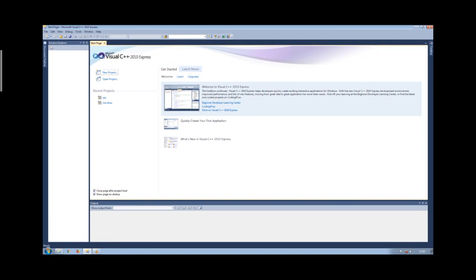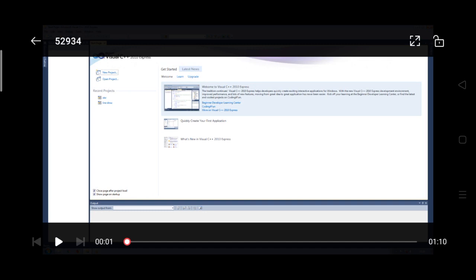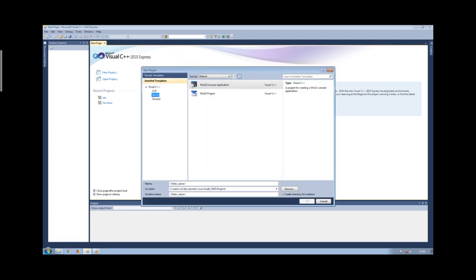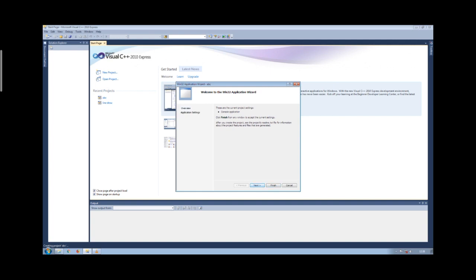Open Visual Studio, click on new project, then create a project. Just go through the video for the steps. Select Windows 32 console application. Rename here, just observe this area, click on OK, click next, next and finish.